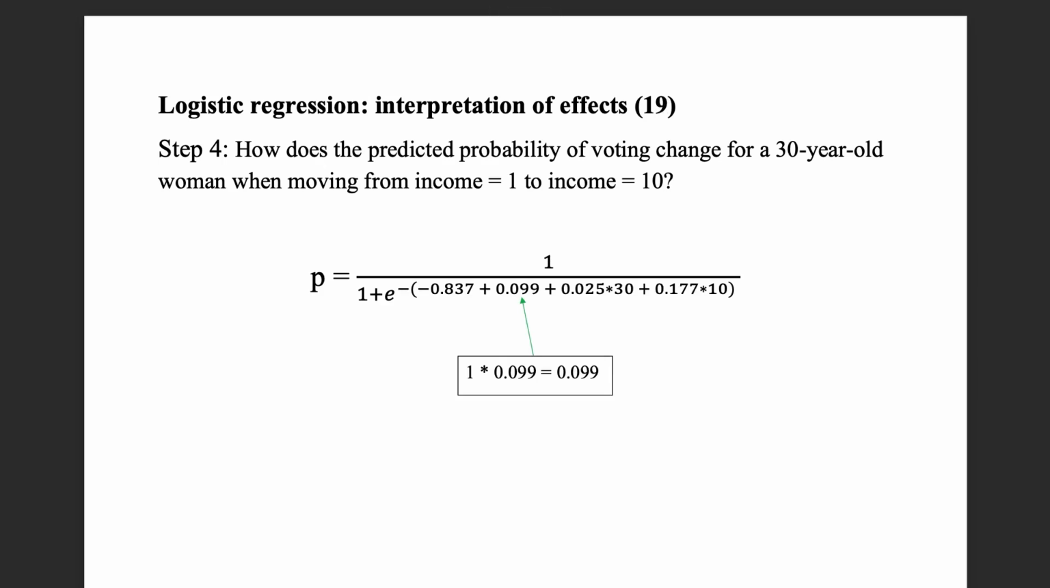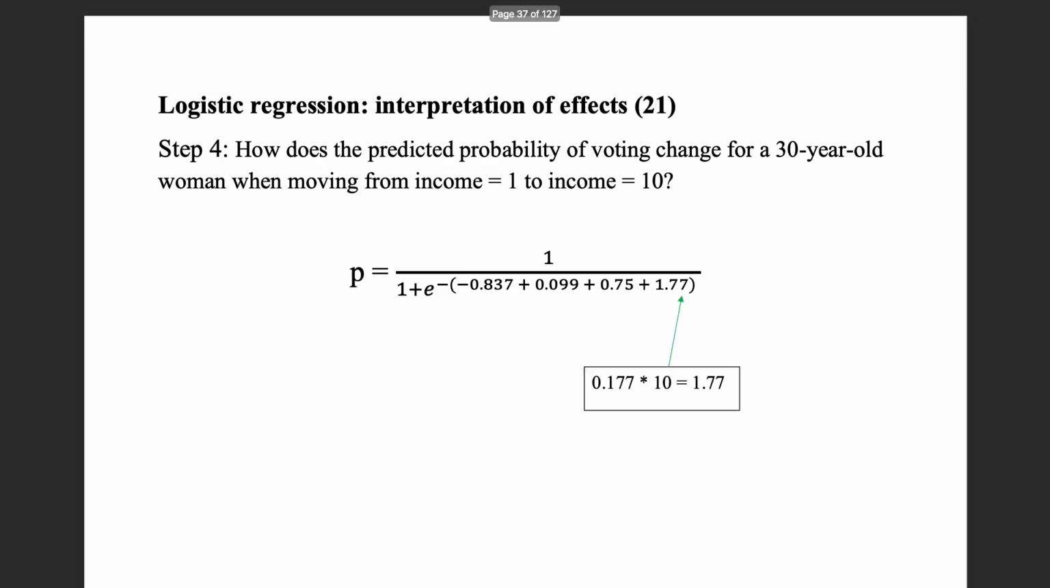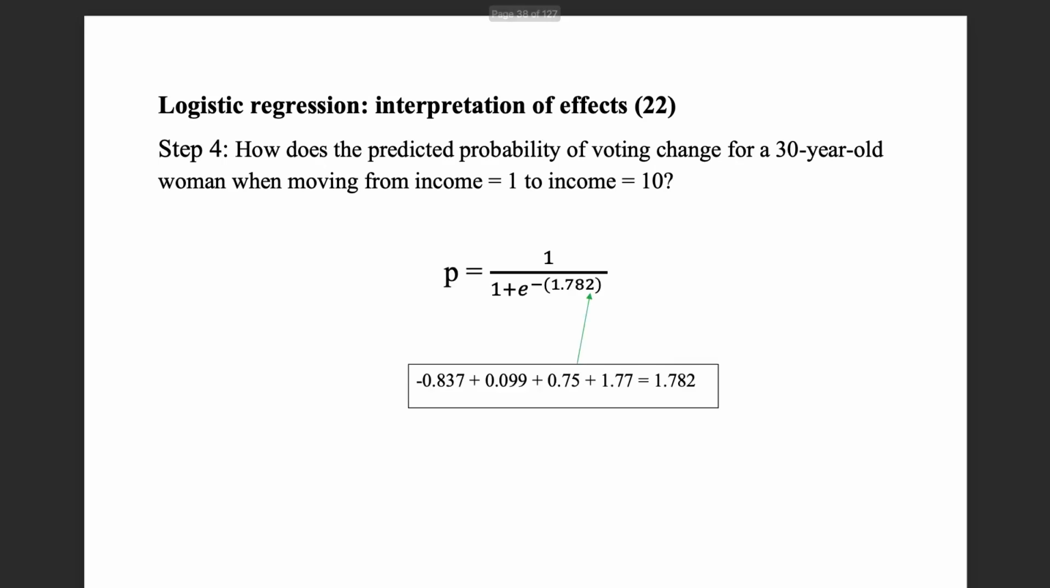So again, do it step by step. First work out the coefficients that are multiplied by 1, because then it's just the value of the coefficient. So again, nothing changes for the gender variable, so we have a value of 0.099 for that one. For the age variable, also nothing changes. It's still 0.025 multiplied by 30, because we're considering 30-year-old women, so that still works out to 0.75. For the income effect, now we see, well, it's 0.177 times 10, so that's now different. That works out to 1.77. Okay, great. Now we can just add up all the numbers, so minus 0.837 plus 0.099 plus 0.75 plus 1.77